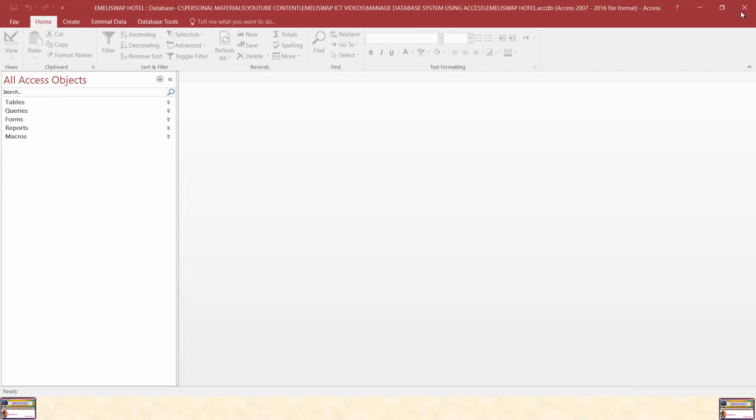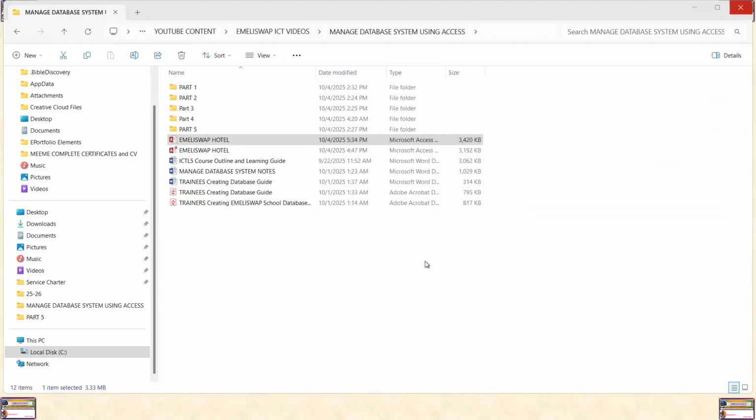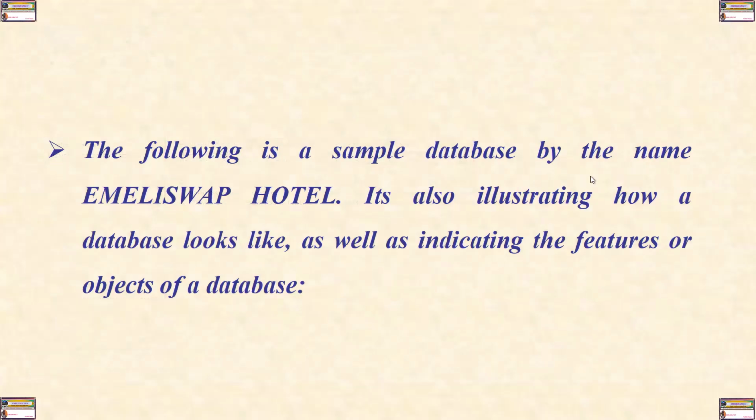Now, once we are done with the database, you click on the close button, which is on your right hand side. So let's close our database. Just click on close database. And we are back to our screen. So my dear students and the rest of the learners, that is all with